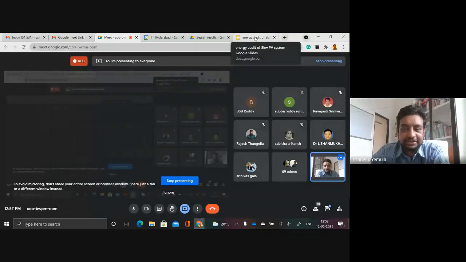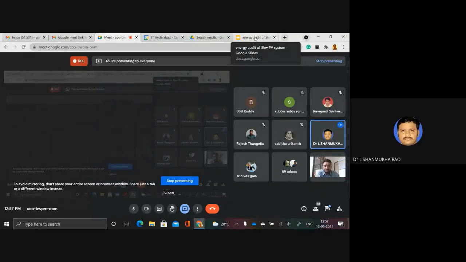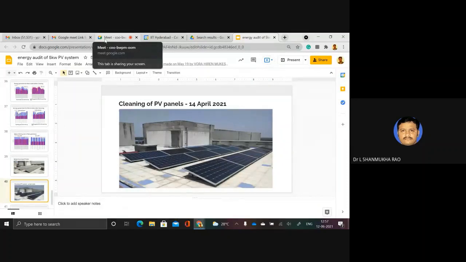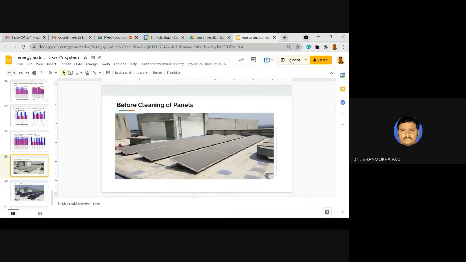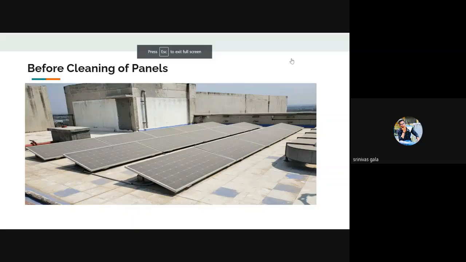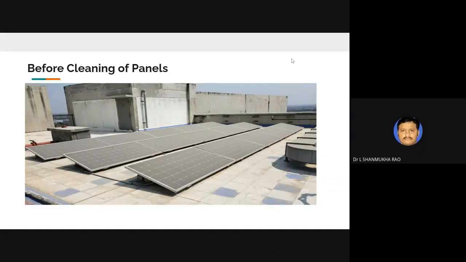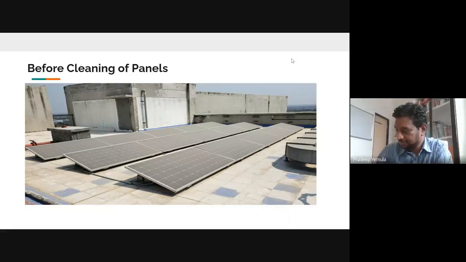Sir, yes. We have a solar power plant of capacity 150 kilowatts. It is installed on the rooftop of a college. We have observed the same things which you have discussed, sir, particularly the impact of dust accumulation. And we are cleaning daily to get the proper output from the panels. On an average, we are receiving 450 kilowatt hours per day during the sunshine days.